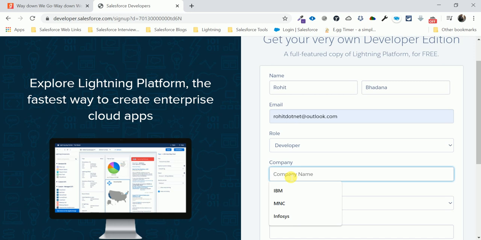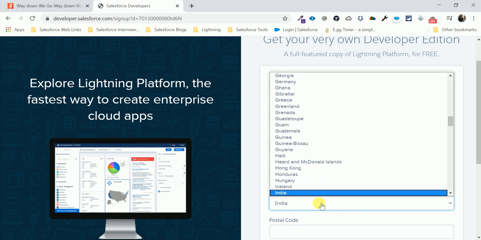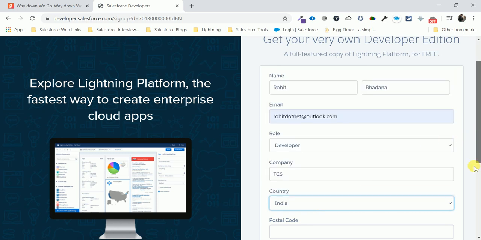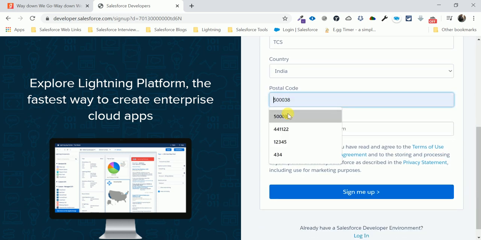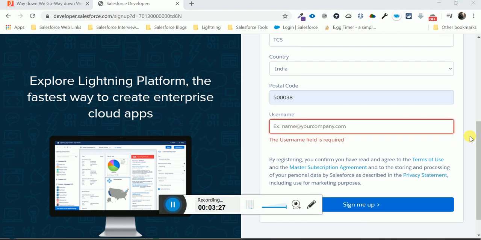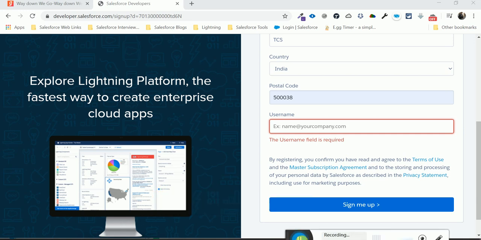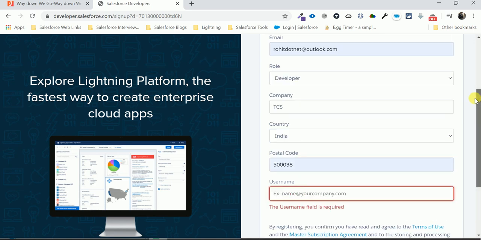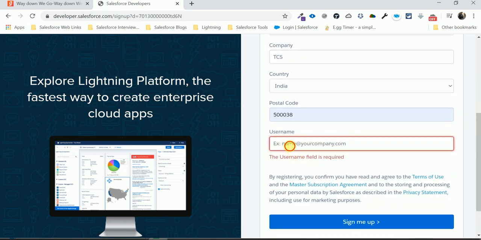company name as any name you can see, like TCS, India, postal code 503, and username and your email ID should be same or different maybe, but it contains like this.